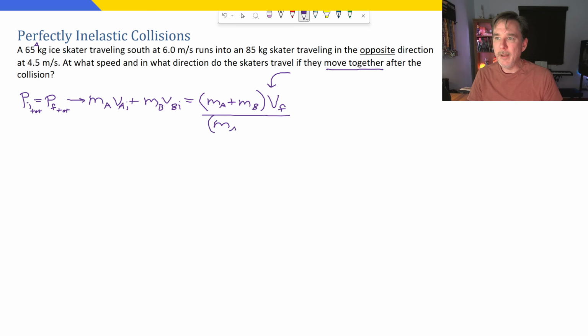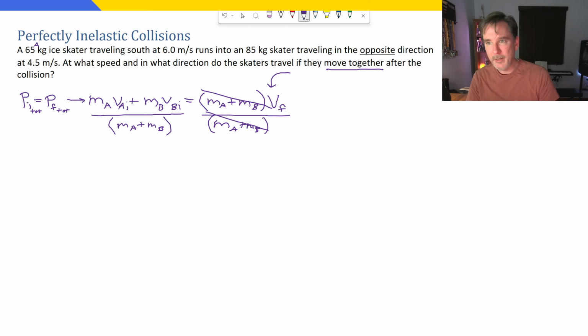So I'm going to divide by m of the A plus m of the B skater. That will cancel that out over here on the right-hand side of the equation. I'm going to divide that over here because whatever you do to one side, you have to do to the other side. Now, if you're just kind of rushing through this, you might be like, hey,